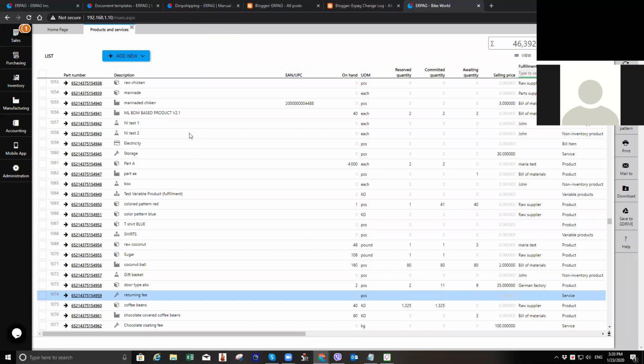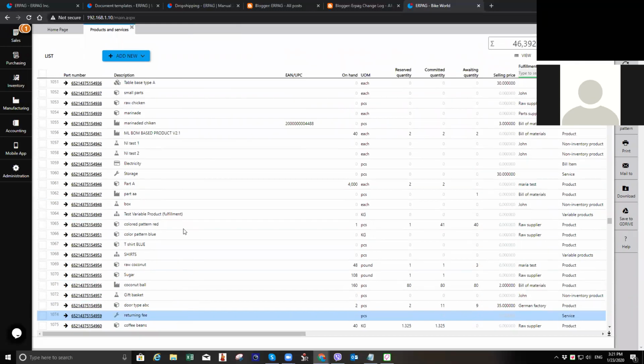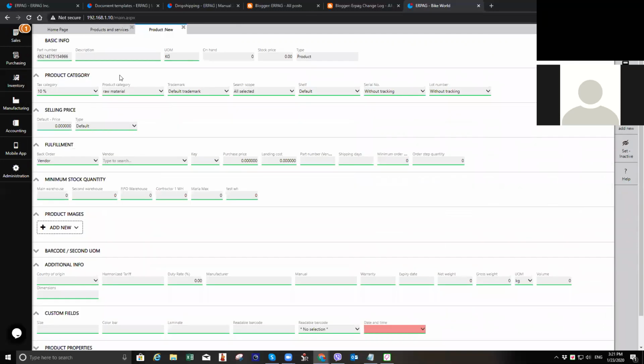Now your finished product, is it a multi-level or a single-level one? It goes through multiple stages, right? Yes. Okay, but how do you want to keep it? Do you want to keep it as a single-level product or a multi-level product? Keep it as a single level for now for the demo. As a single level. Okay, so we will just create a new product that will be a finished product from